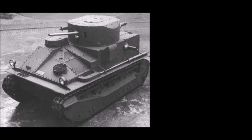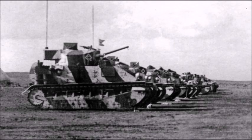The armor thickness was very thin at about 6.25 to 8 millimeters, meaning this tank had very thin armor when compared to other medium tanks used during the Second World War. In fact, this medium tank had the armor thickness of a light tank. The speed of the vehicle was 13 miles per hour or 21 kilometers per hour, making this medium tank not very fast when compared to other World War II era tanks. This vehicle had a crew of 4 to 5, and 167 of these vehicles were produced between 1925 and about